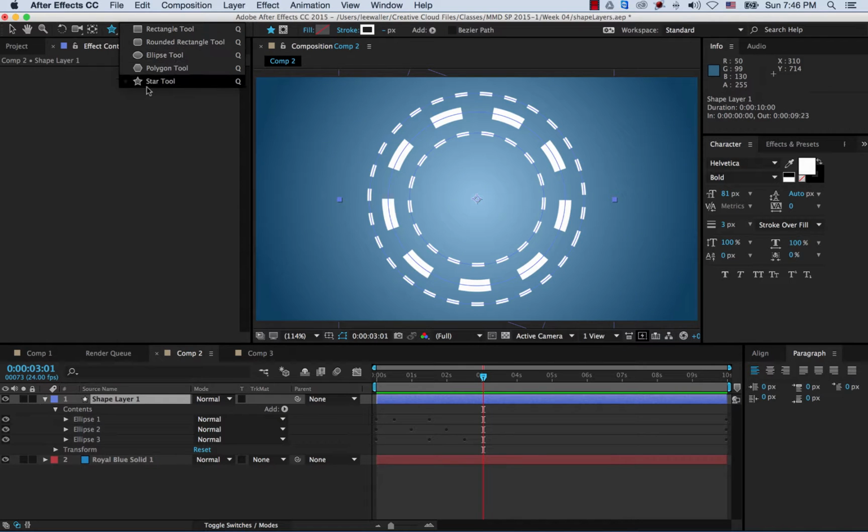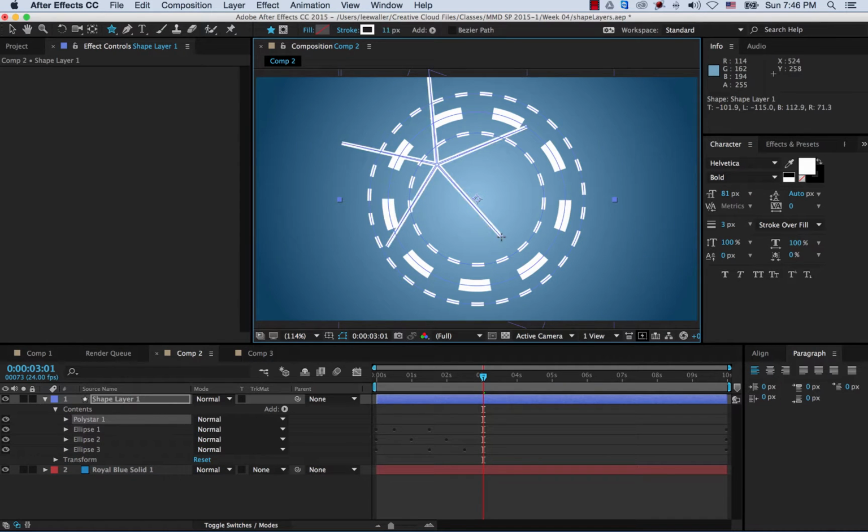What we want to work with for this next shape is the star tool. So let's select the star tool, come in here and make sure that your shape layer 1 is selected, because we're going to add this to shape layer 1, keep all of our shapes on there,